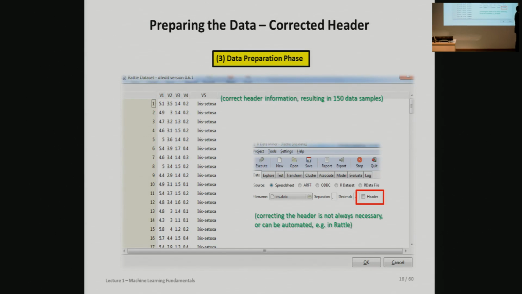That is something we consider the data preparation phase, the third phase. Now we look at the data and we prepare it for data analysis. So this firstly means checking metadata, headers, getting to know the structure of the data better. Like, okay, we have here really 4 variables. We have the fifth, which is a label. However, we've seen here already, okay, we have a text label. That's sometimes a bit strange. So sometimes you would then consider in the data analysis, for instance, that you change it to a numeric representation. So 1, 2, 3, for instance, instead of a real text-based label.